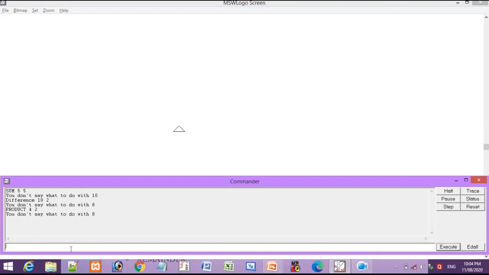Now, next one is quotient. Now, I want the quotient of 10 divided by 5. So here enter, and here you can see 10 divided by 5 is 2, means 5 2s are 10. Okay, so when you do division, you will get 2 in the form of quotient. And next one is remainder. I want the remainder, so just here remainder 10 11, remainder should be 1.